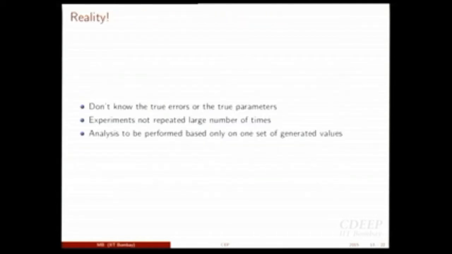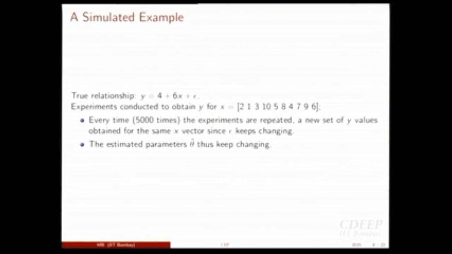See, what we are saying is the following. If you were to generate just one value of y at x equal to x naught, that value will be 4 plus 6 x naught plus whatever value epsilon takes. That will be your individual value. If I tell you x and ask you to predict that individual value, this is called the future prediction. In future, if I were to repeat an experiment at x naught, what is the value I will observe? So what are you going to do?